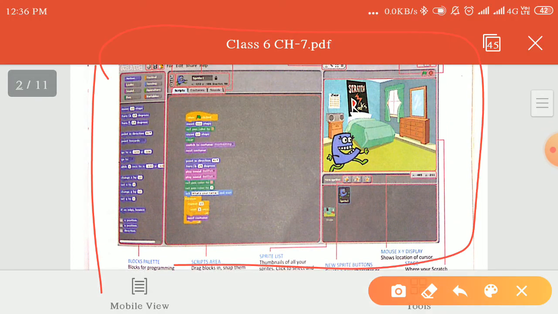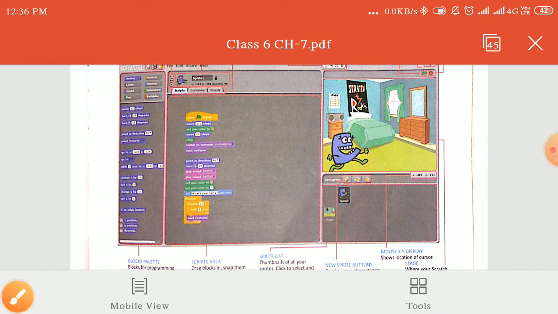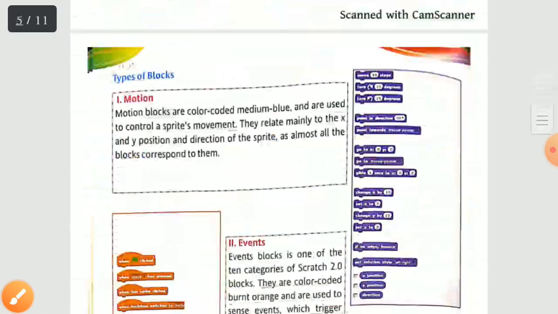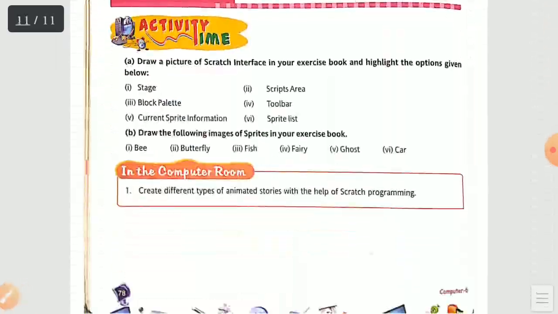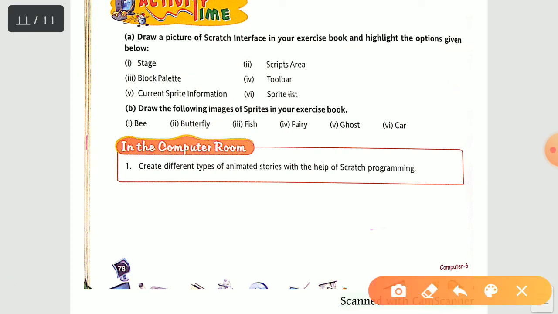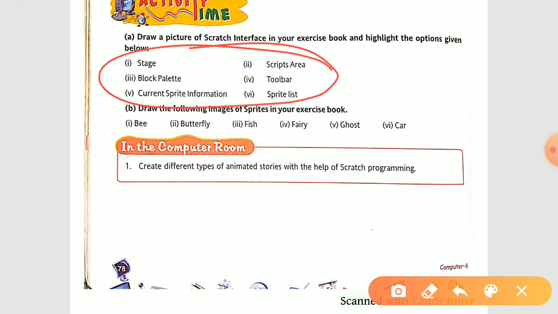You have to make a rough figure, this rough figure you have to make. No need to make these things, no need to write down these comments. Okay, no need to write down anything, just a rough interface you make. After that you label these things. Fine, all the options they have given, 1 2 3 4 5 6. So all the six options you label on that picture and you have to make that picture, don't get it printed out. Fine, so with this your chapter number 7 has got completed.